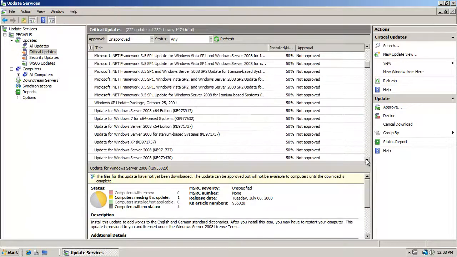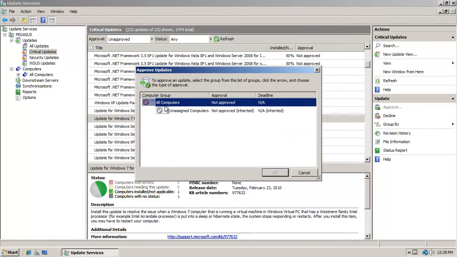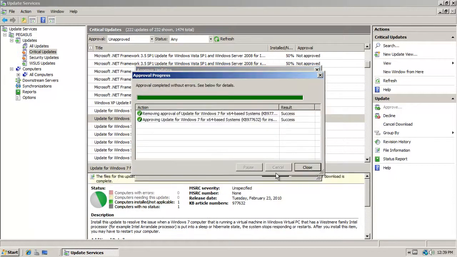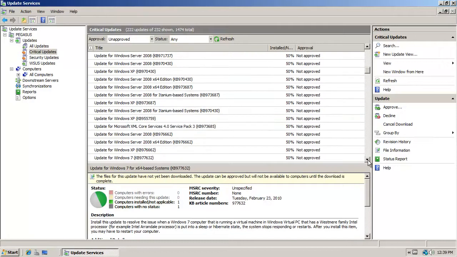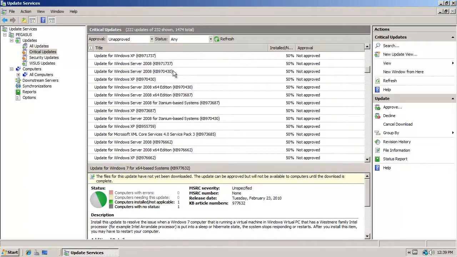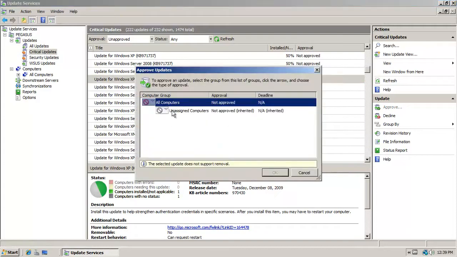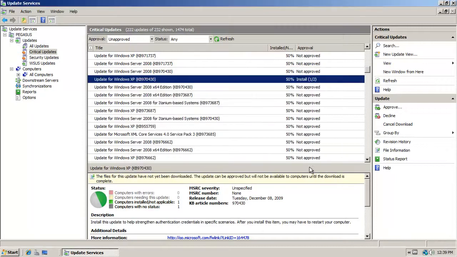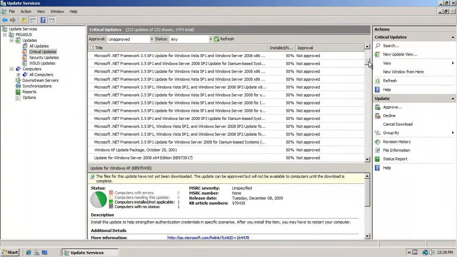And that's 2008. Let's go find some Windows 7 here. Here's a Windows 7 update. I'm going to approve that update. And then approve that for installation. Okay. And we go find one more. Here's an XP. I'll approve that for installation, even though I don't have anything in a computer group right now that's XP. But okay, and then this way, so now I can get, through group policy, I can get WSUS to manage the